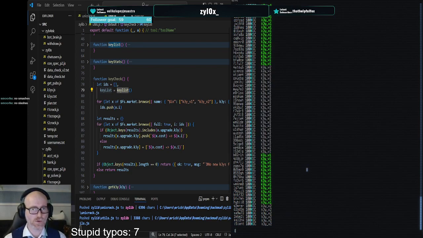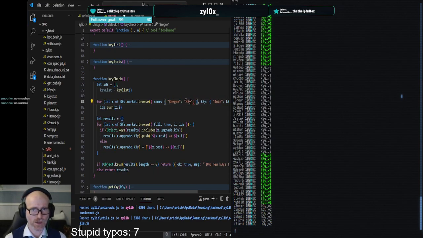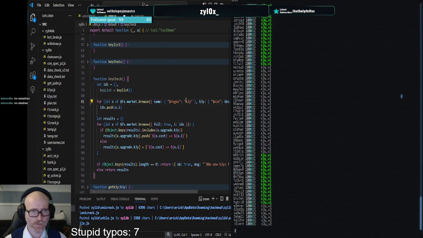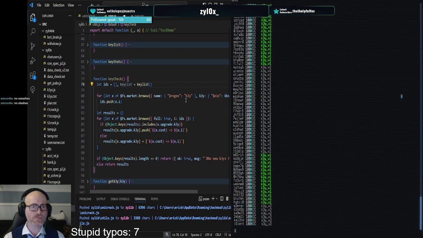Yeah, so I think what I wanted to do... Whoops, let's close this now. So do regex key, where the key is not in this. Puts all of their IDs into an array. Goes through and gets... See, this is where I'm going to have a problem, because these market calls can be